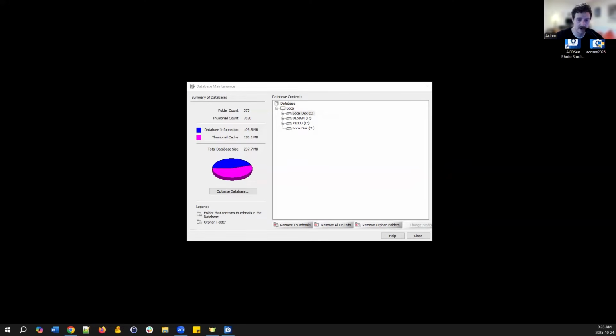This is a tough question because I think that if you were to move those files in some way outside of the application, it probably wouldn't see that that movement has occurred. If you've moved them within the software itself, like, hey, I've moved this file from this folder to a separate external drive or something like that, it's going to have knowledge of that. There's actually a section here under optimized database. If I was to click this guy right here,